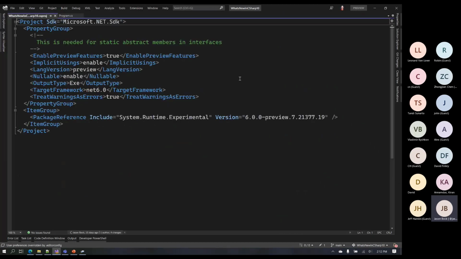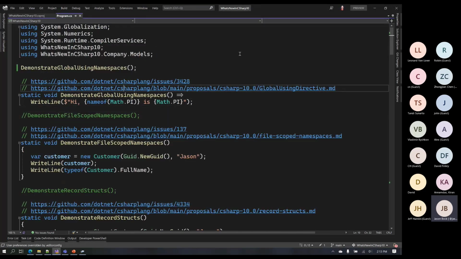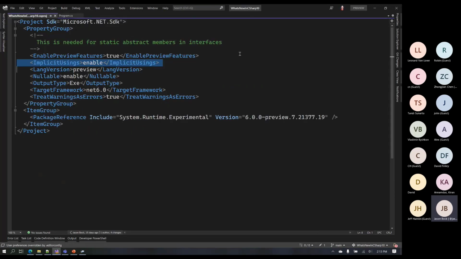First of all, in the csproj file, you'll notice that I have this ImplicitUsings set to enable. So there's a link, and for some reason, do I have it here? Maybe, no, I don't. That's disappointing. I may have inadvertently taken it out of this csproj file. But there's a link that describes from the docs site implicit usings that will be brought into your application for that project based on the SDK that you're using.